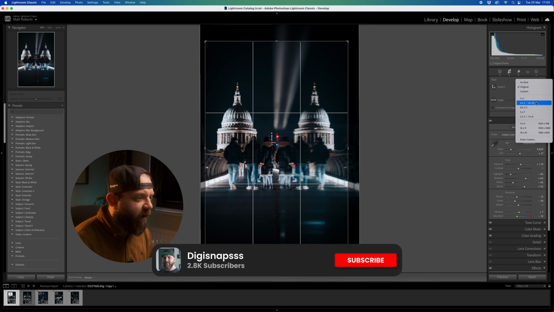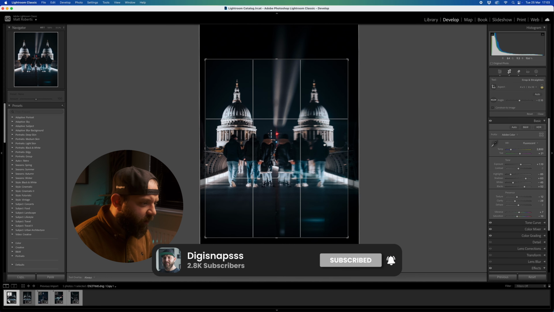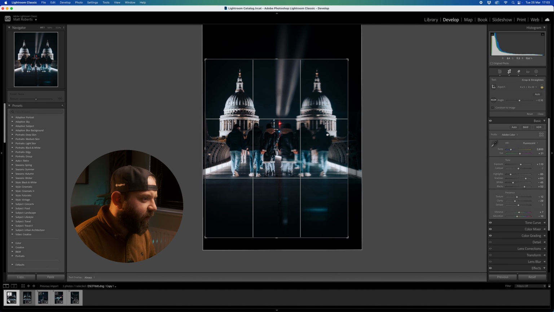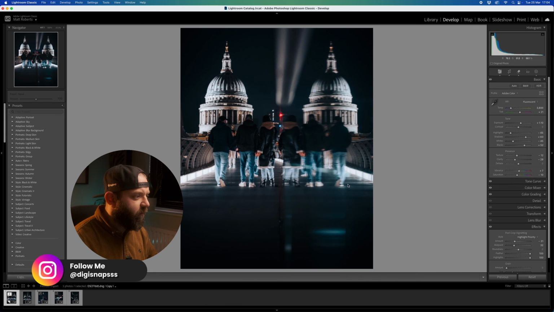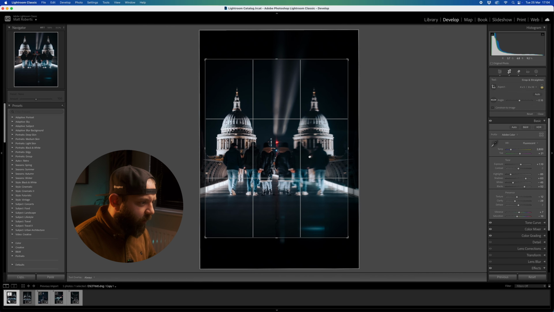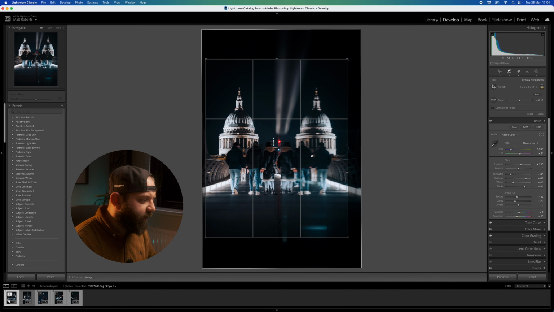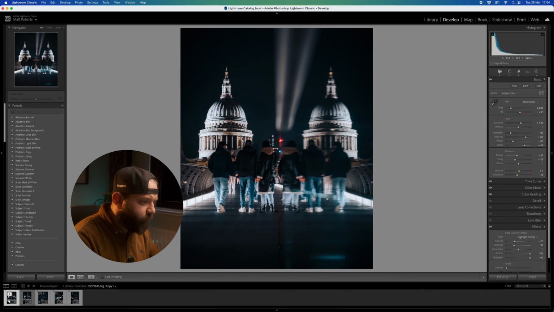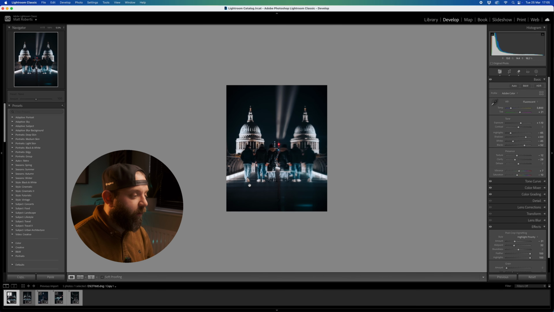So 4x5, get the frame into roughly where I want it. I think I'm gonna stick those subjects kind of in that middle third. So it's maybe somewhere there. Actually, no, let's drop it down a little bit. Let's end up somewhere like that. So the headline is somewhere center. Yeah, somewhere there. And so what we can do with that is we can take these settings and apply them